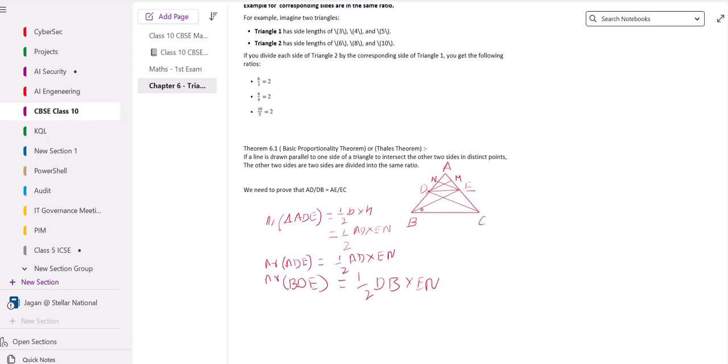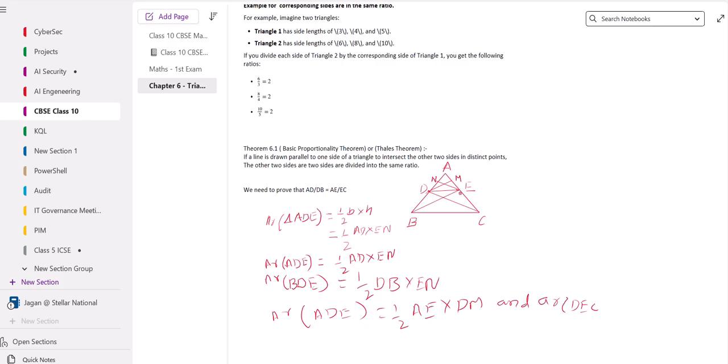dB and EN. dB is the breadth, EN is the height. And similarly we need to take area of DEC also, area of ADE also, which is half AE and DM, and we also take area of DEC,